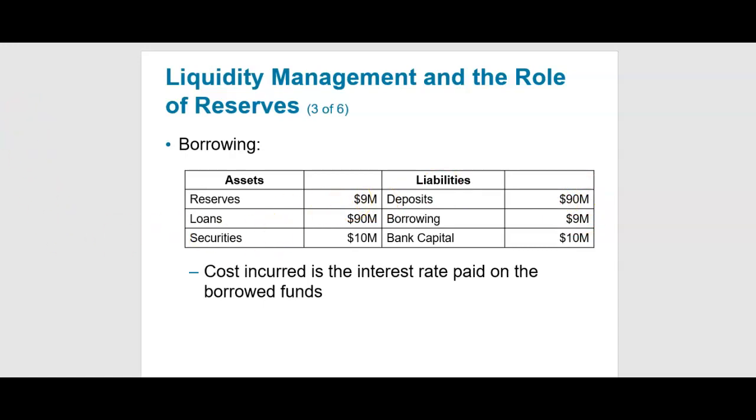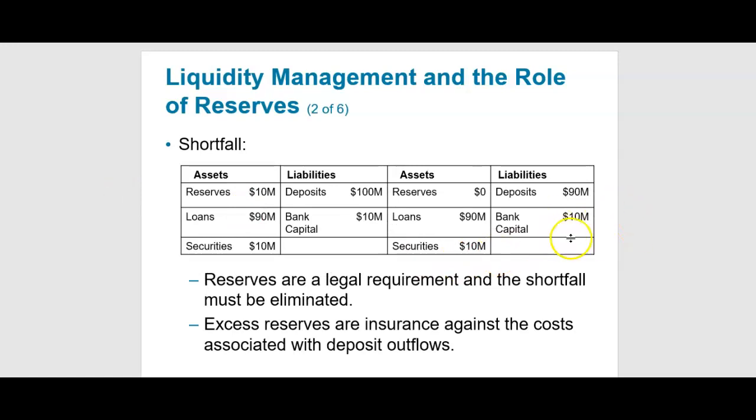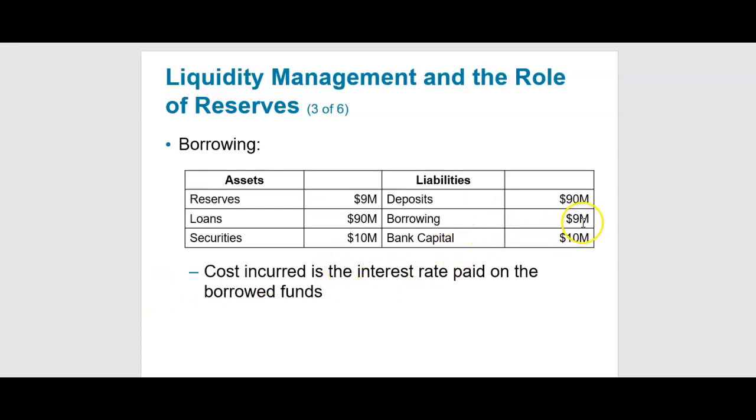Okay. Keep in mind, I'm going to correct myself on something in here. When I said I have in here 100 million, I do not need to have 10 million as reserve. I don't remember if I said that or not. I may have said it by mistake. If I have 90 million, I don't pay reserve on my capital. So if I have 90 million, all I need is 9 million of reserve. That's 10%. So I can go ahead and borrow $9 million.